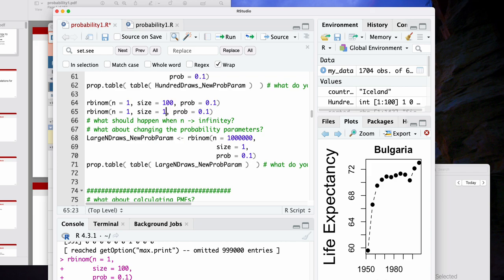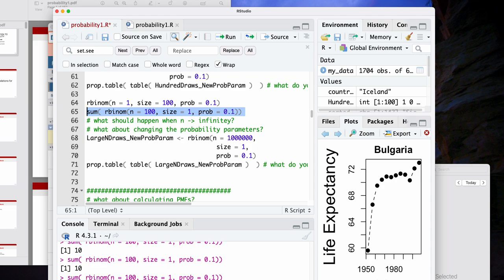In fact, there's a connection between doing that on the one hand, and on the other hand, defining a Bernoulli distribution where you're flipping the coin one time and then summing across those coin flips, if that makes sense. So there's an interconnection between different sorts of binomial distributions together with different kinds of Bernoulli distributions. But in general, you're right. The size refers to the number of coin flips, and the n refers to the number of times you're doing that process. Yeah. If there's a follow-up?